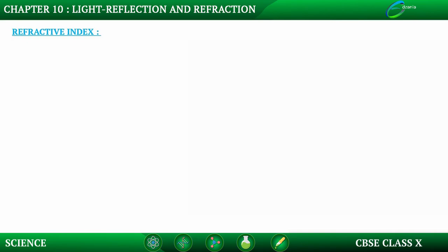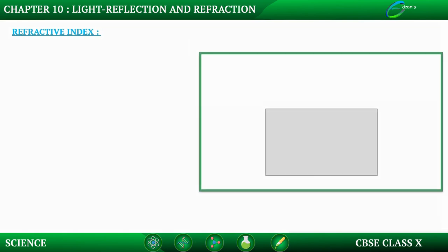With the laws of refraction done, now we come to a term which is called refractive index. Refractive index is, in a way, a property of the medium itself. Light enters from one medium and bends in another medium. So before we discuss refractive index in detail, we will try to understand why and how light is bending from one medium to another medium.